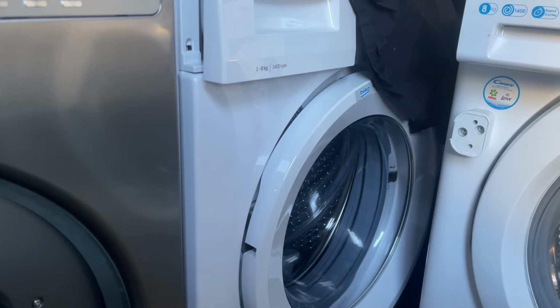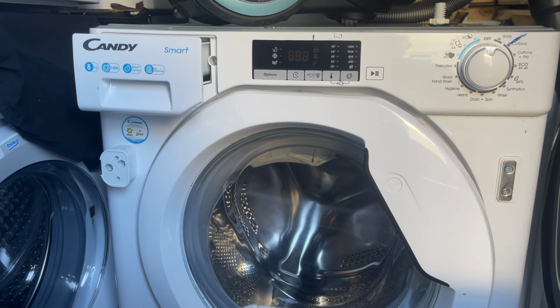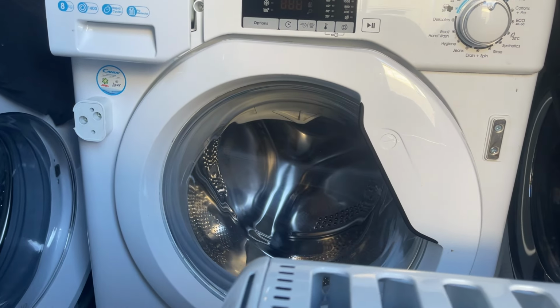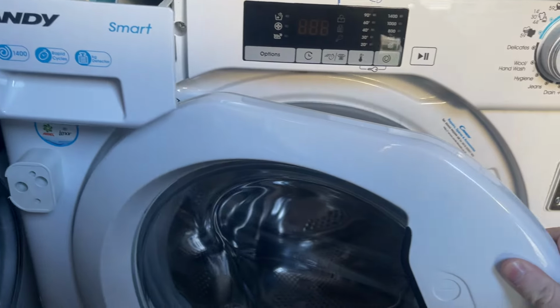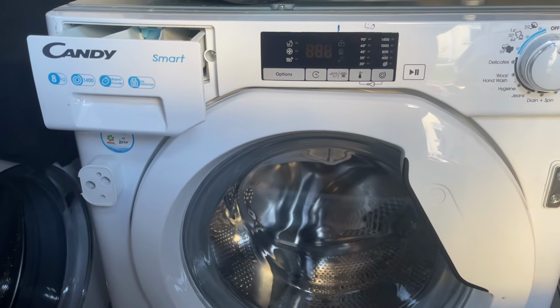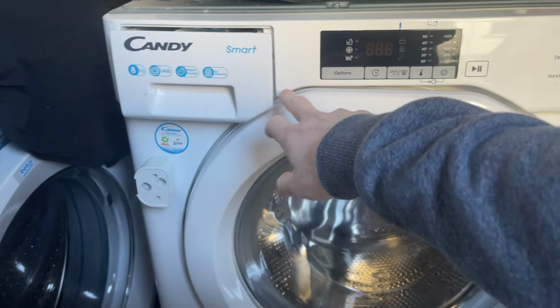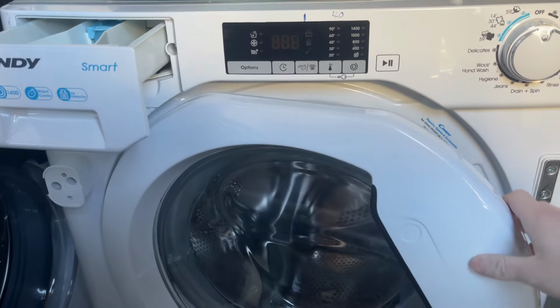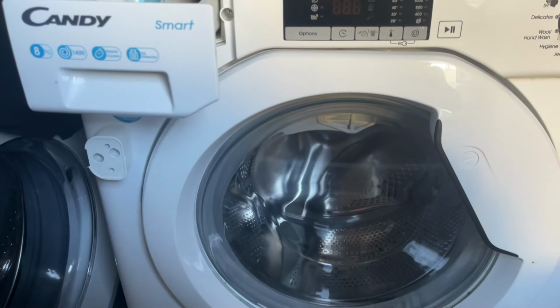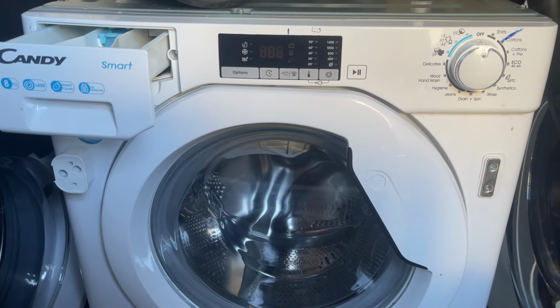And you can kind of see the other new washing machine that I've got. I think this one's going to be quite a shocker. You may remember this is my aunt's Candy integrated washing machine. And I was as shocked that I've got it now as you probably are. This washing machine's fully working, and basically the story behind it is that my aunt has got a new washing machine and tumble dryer, and I've also got the tumble dryer, the Beko